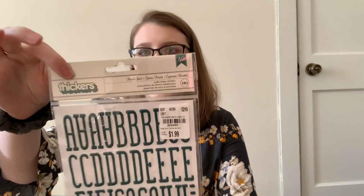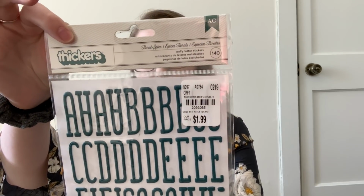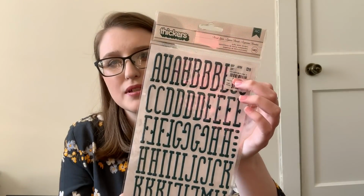And these are Floral Spice Puffy stickers. I really like the font. I liked the color, the dark teal, and I like the texture of these stickers. I like the feeling of them, but they're dark teal. I think they look gray on camera. They're definitely dark teal. And then another sticker set I got, these ones are the new price, the $2.19, but